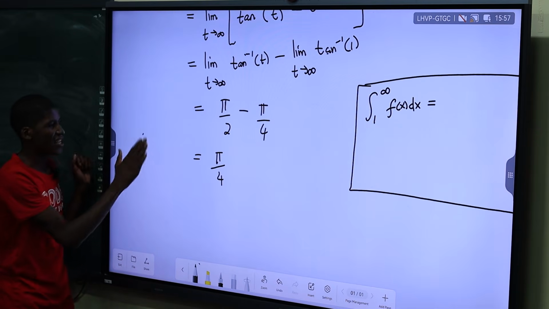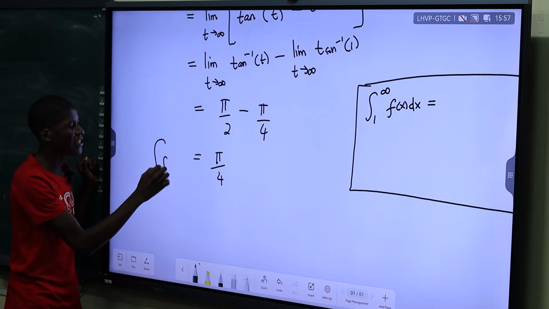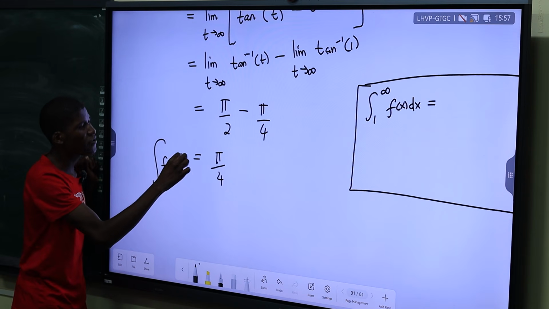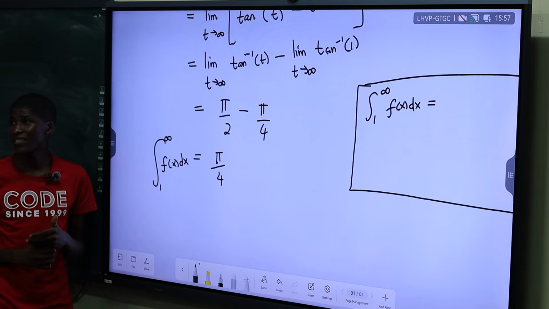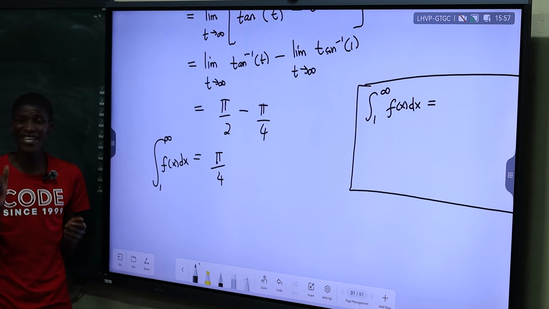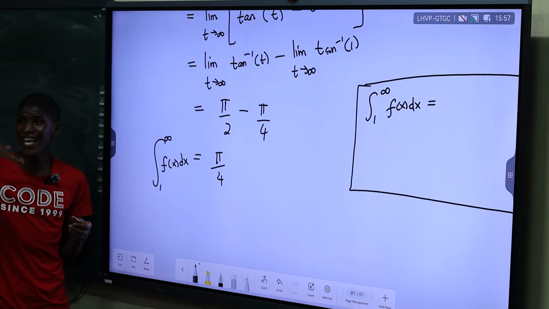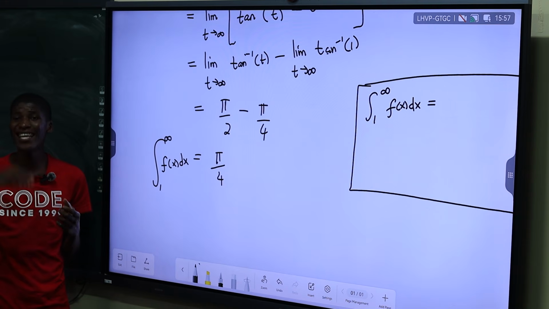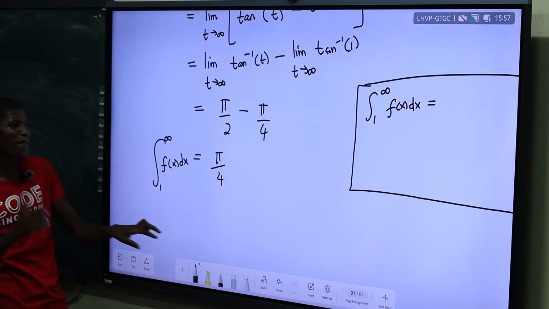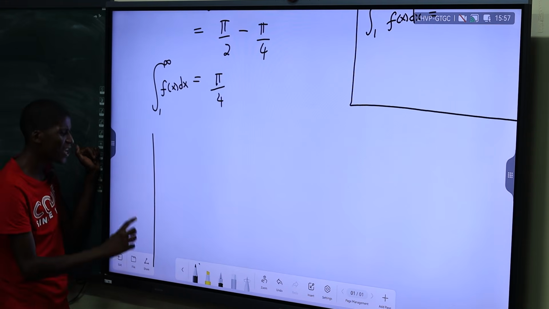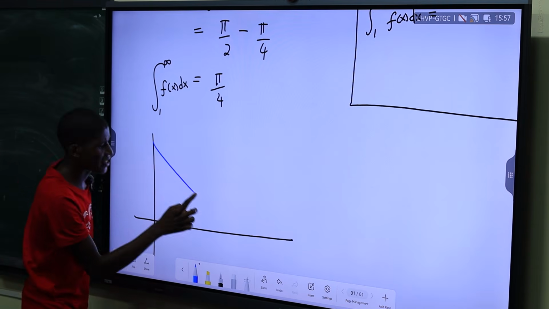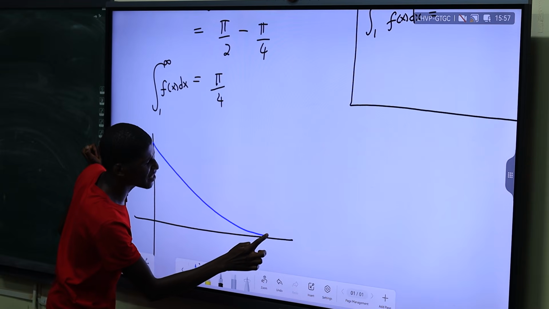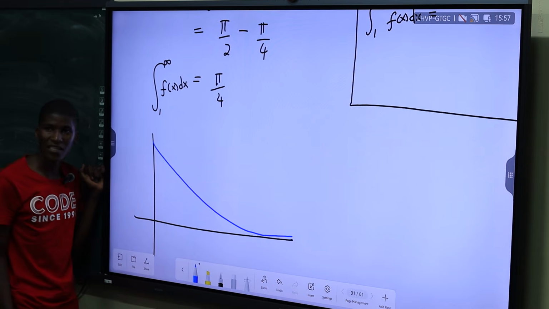we need to know about converging integrals. When we say an integral can converge, it simply means that the sum converges. The sum of the areas. An integral represents the area under a curve. So it means that the area under the curve keeps on becoming smaller and smaller and smaller. The graph is something like this. Now, it must be a decreasing function, by the way.